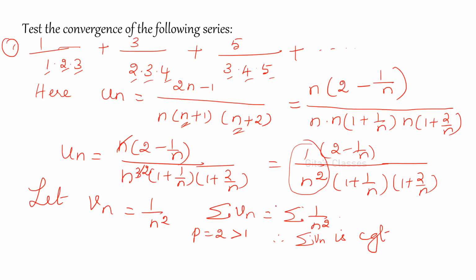1 by n squared. Why? From where did I get this 1 by n squared? From the given problem. You have to simplify the given problem. From this, I have considered the 1 by n power maximum term, I have taken outside. There, now I am assuming this as sigma Vn. This is from the given question only. You have to choose sigma Vn, and it should be a known series using our P series test. So here P is equal to 2, which is greater than 1. Therefore, sigma Vn is convergent, right?